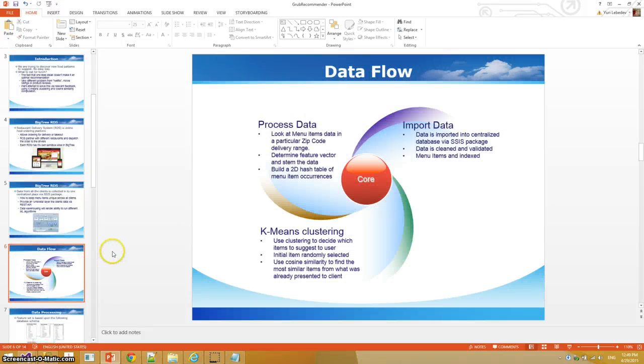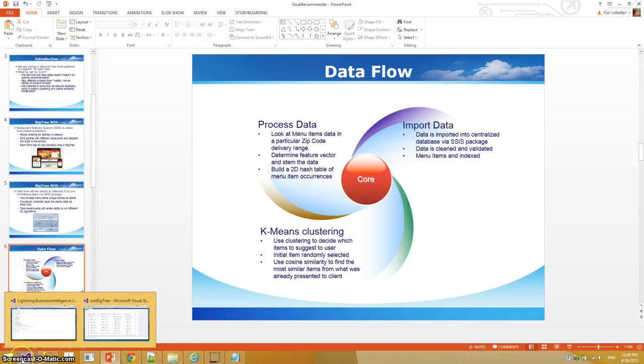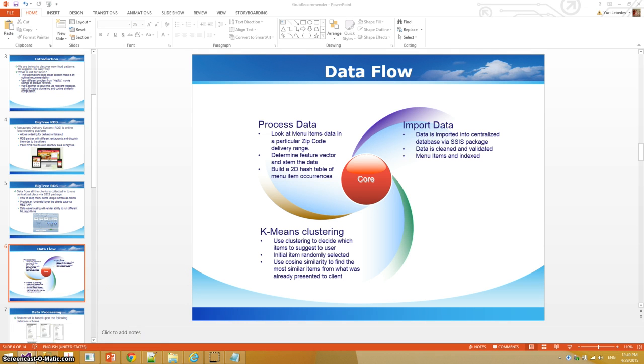So continuing on, this is the overall data flow. We're going to import the data. Data is going to be imported into a centralized database via an SSIS package. Then we're going to clean it, validate it, and then menu items will be indexed. The SSIS package looks like